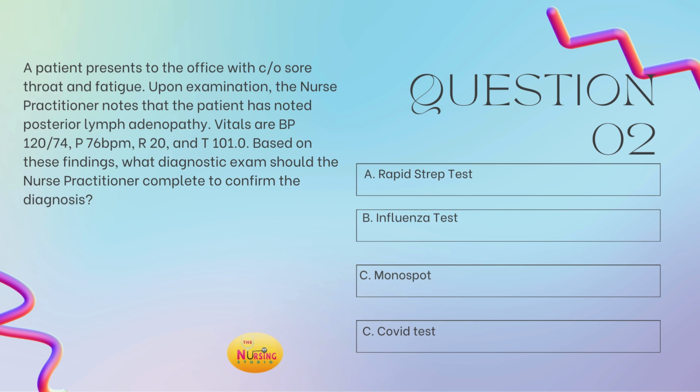You probably could have put mono and strep. But Brittany's brilliance, I always tell you guys, think about this: mono has posterior lymphadenopathy, where strep has anterior cervical lymphadenopathy. Okay. So this should have you thinking mono, and then you need to think, all right, what is the gold standard diagnostic exam for mono? And it is C, monospot, right?